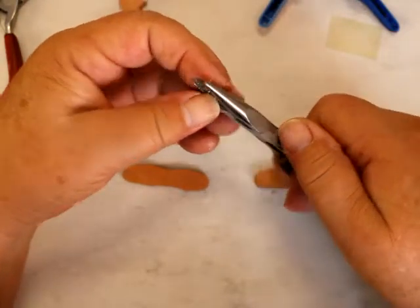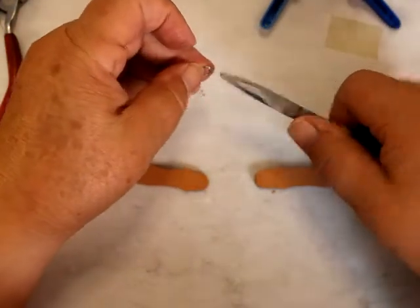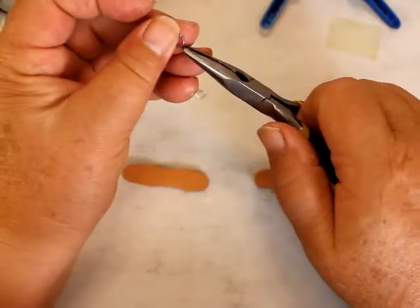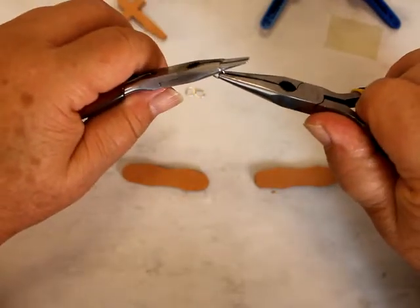Oh, that one's good. And then squeeze. There you go. Last one. And you keep them as O's. There's nothing wrong with them being just regular jump rings. And if you already have some pre-made,